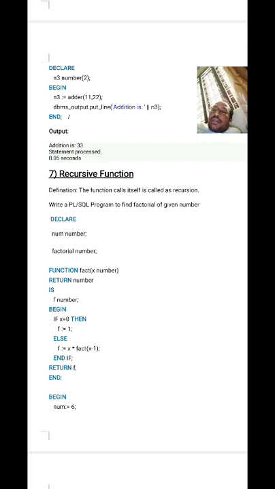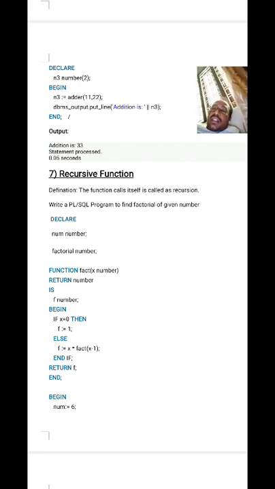Declare number, one variable for the number. For finding the factorial, we have taken another variable, factorial, and a function. Here the function name is fact. This program is different from the previous one. Here we declare the function and use it in that program only. But in the previous one, we wrote that function in a separate program and used it in another program. That is different. But in this one, in the program itself we define, declare and use that function.